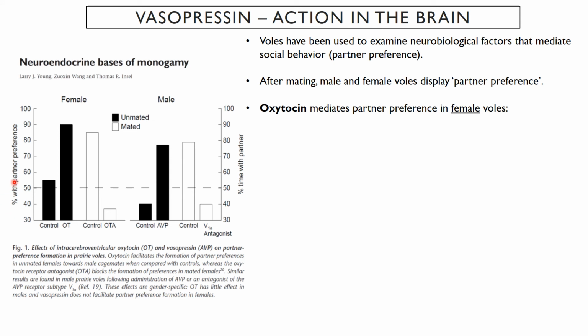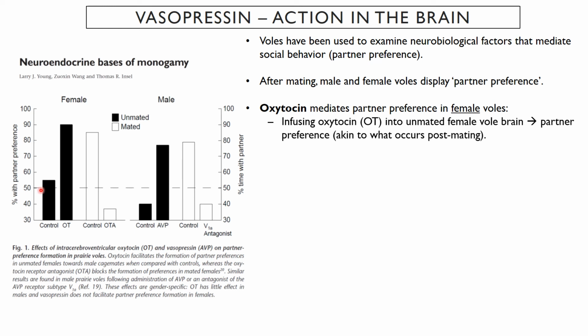In this experiment, they did a couple of things. They have a female spend time with one male, either a male that she mated with or a male that she did not mate with. And so we have the dark bars. So she's spending time with a male that she did not mate with versus time with a male that she did mate with, okay? They infused certain drugs into the brain. So let's talk about this first part first.